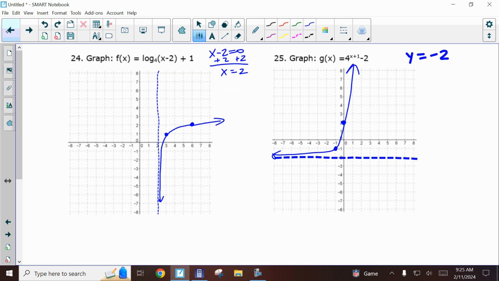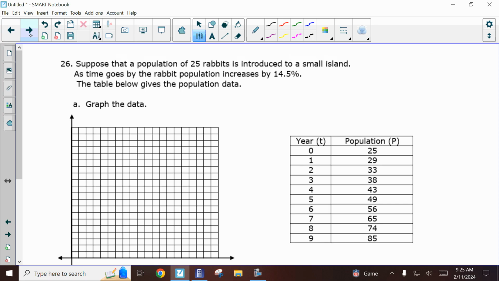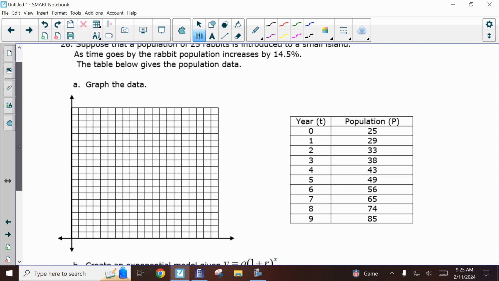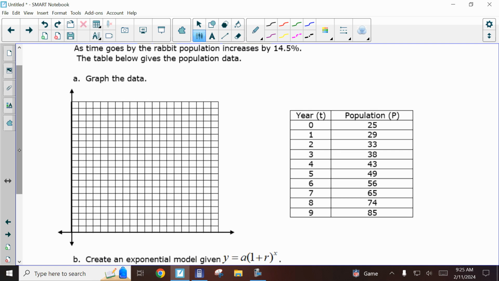Let's see what else we have here. I did 24, I did 25. Number 26, it says, suppose the population of rabbits introduced to a small island. As the time goes by, the rabbit population increased by 14.5%. The table below gives the population data. So it looks like it's over 9 years, 10 years, 0 to 10, 0 to 9, and then goes all